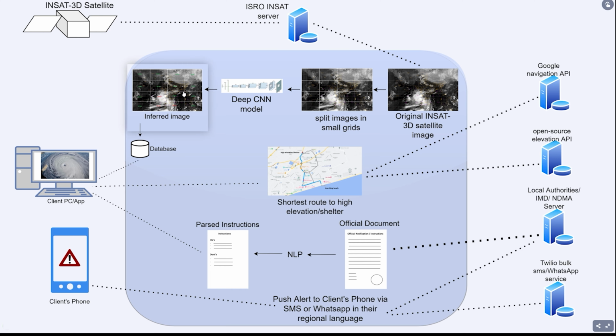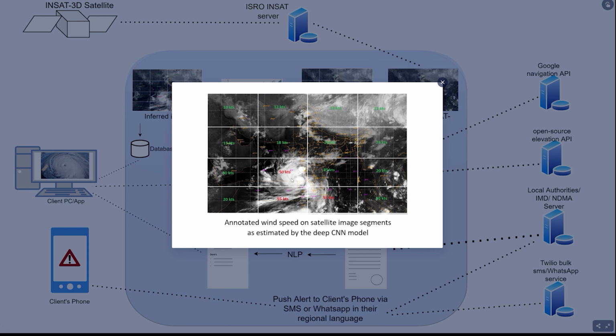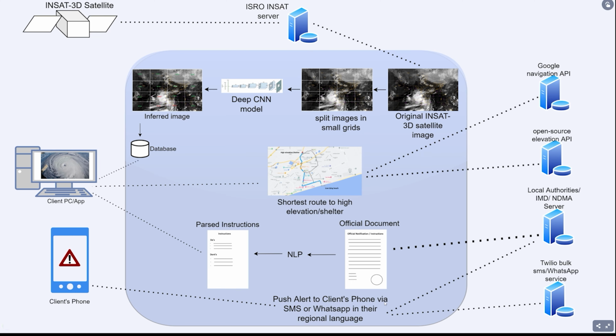So for example, let's say the model has predicted 50 knots, 55 knots, and 55 knots here as the wind speed, and there's a potential cyclonic activity here. The model will sound an alert that people living in these areas need to be careful. The alert service will then send alerts from local authorities, IMD, NDMA, and even the model generator alerts via SMS